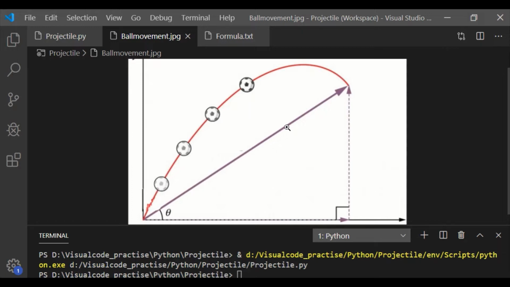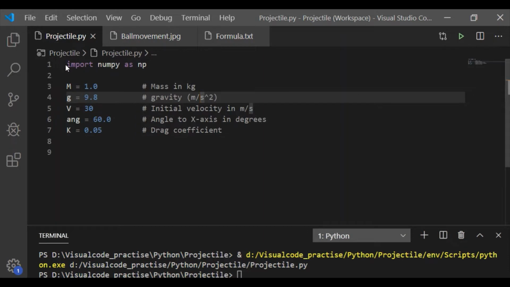As we can see, over a period of time, based on the initial angle to the x-axis, the ball doesn't take a straight line to hit the target. It goes over a range of projectile which depends on the initial velocity and angle to the x-axis, and due to the drag force it comes down as the velocity reduces to hit its object or the ground. So once we understand this, when we develop computer games, we can do it in a more realistic way.